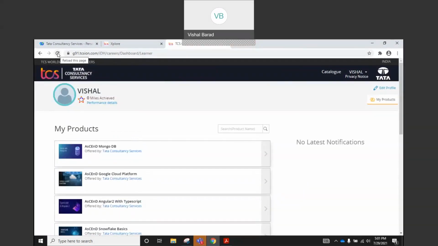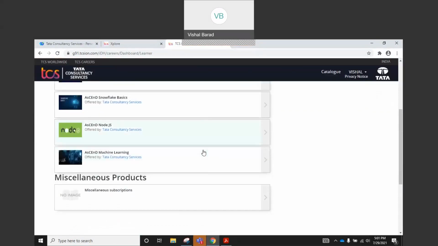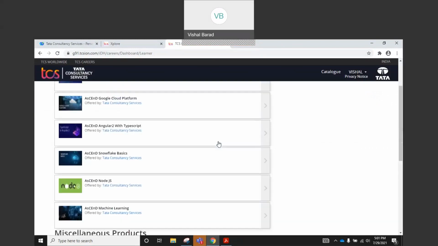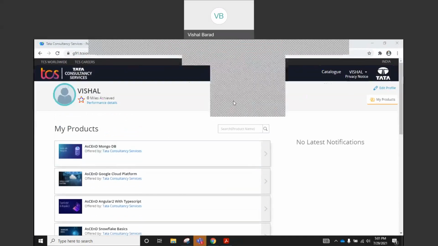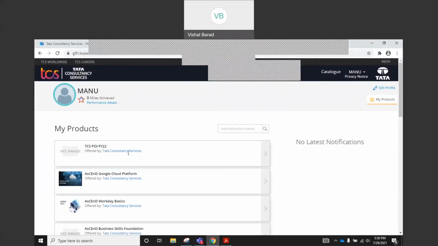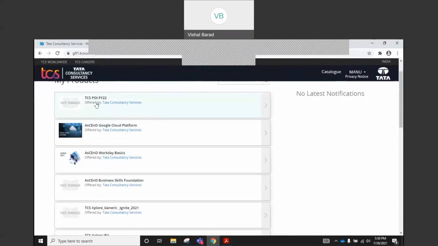Just wait for a while and you will see that product visible under your dashboard. This is how it looks, and you can see this product TCS POI FY22 under my dashboard.